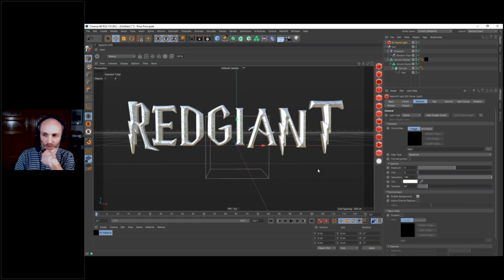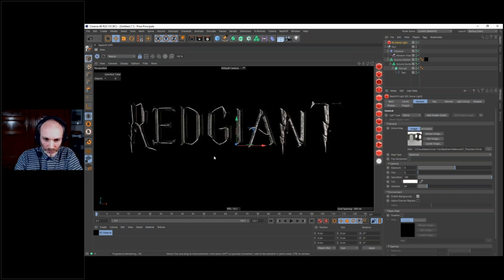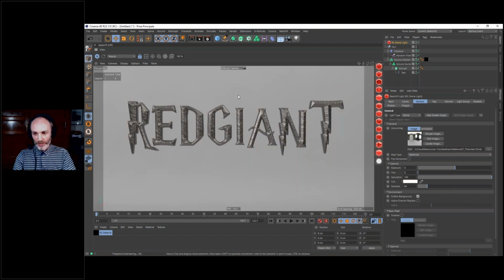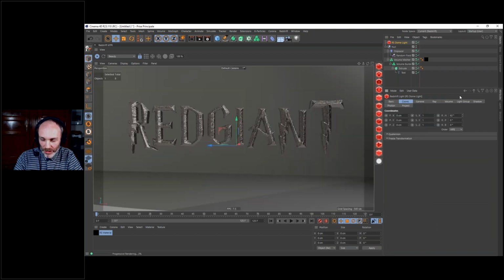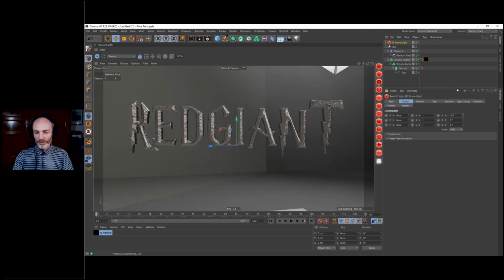And now if I start the rendering, it's updating. Yes, we have something which looks more like metal. Now, if I just try with the coordinator, we can see the lighting is going to change according to what we see here.